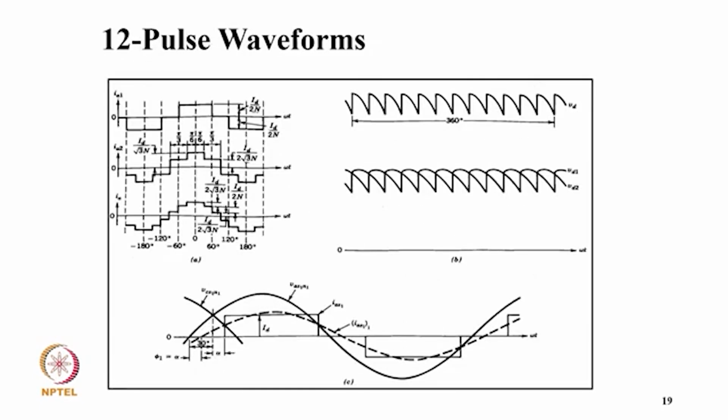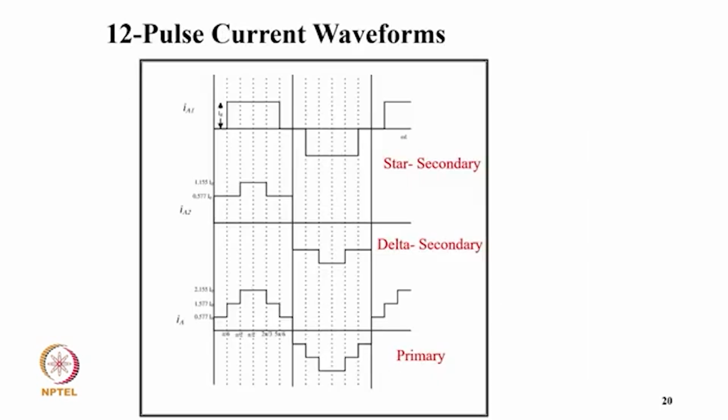You can clearly see how typically the individual phase currents are there for the first converter and second converter, and how the total supply current is there with the 12 pulse converter, where these harmonics are eliminated, and how the one converter voltage and the combined converter voltage are there in the output line. And these are typical waveforms of star connection and star delta connection, and the net primary current.